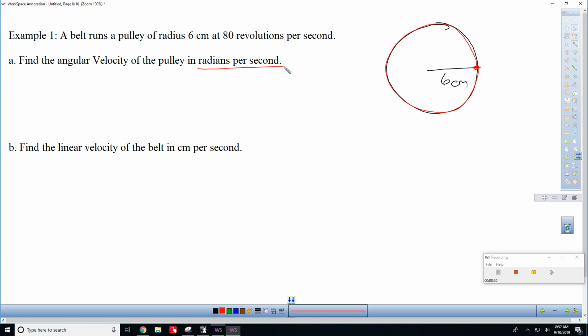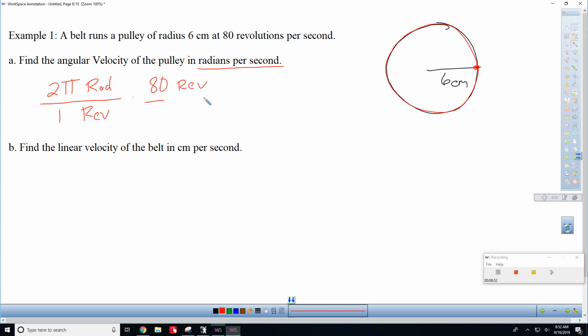That's important. So, how many radians are there per second? Well, there's 2 pi radians in 1 revolution, and we are going 80